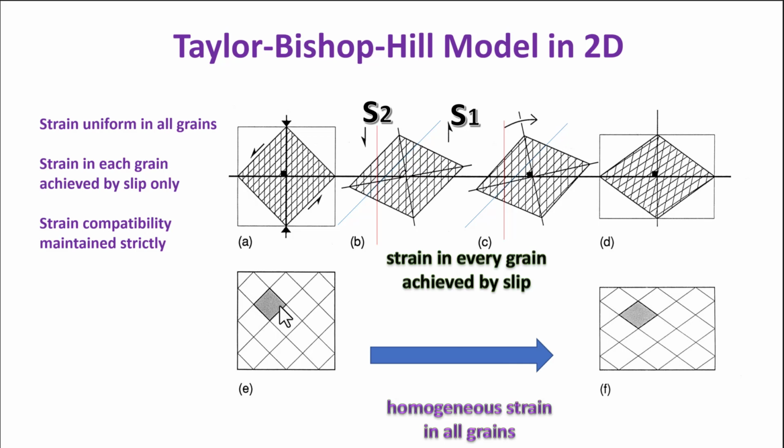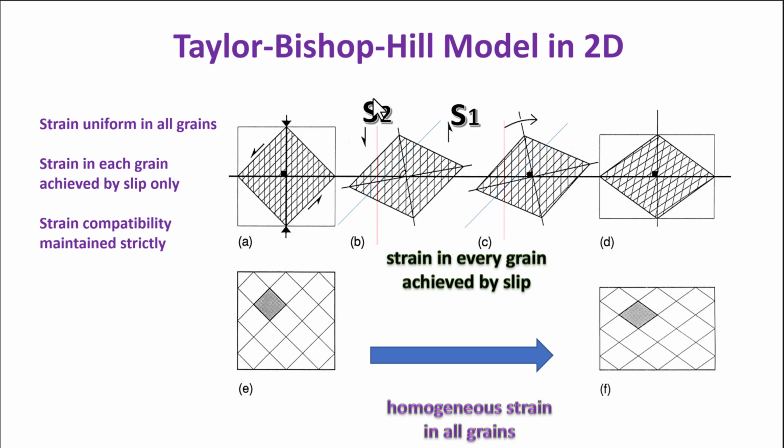Let us see the strain in one grain by slip. So there are two slip systems in this grain. The motivation is for this grain to achieve the final shape like this and in that orientation by activation of slip system 1, this blue slip system. It can change the crystal into this shape. However, it will never be able to change to this required shape. Another slip system must be activated. S2 must be activated.